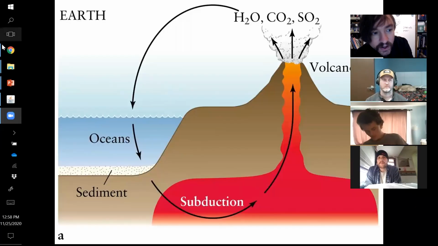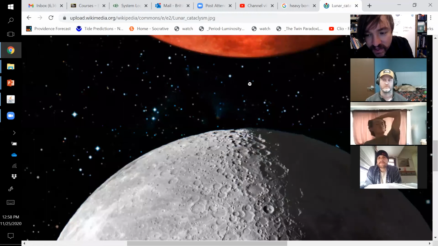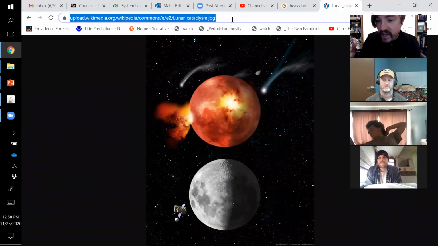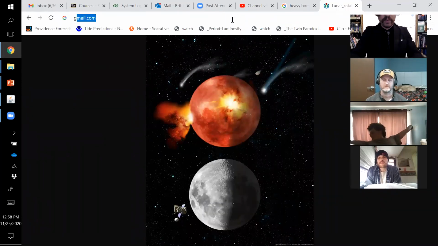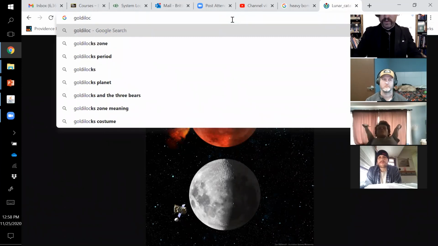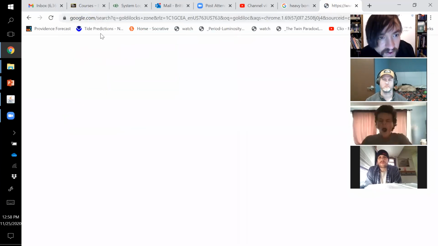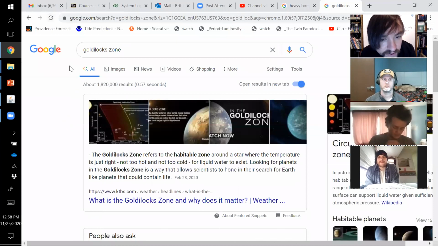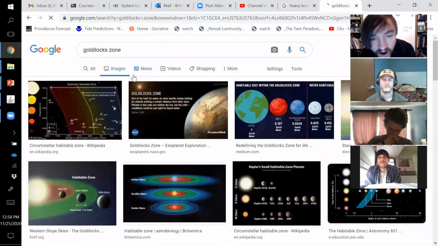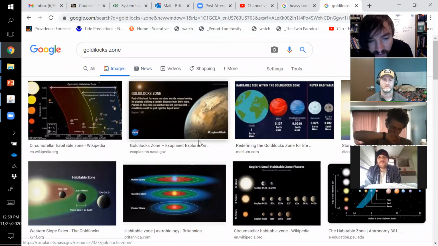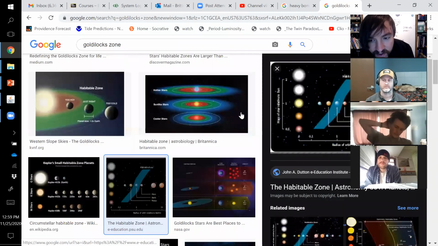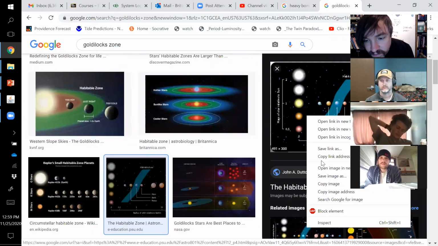Have you ever heard that term before? The Goldilocks zone is the hypothetical distance at which a planet can sustain liquid water from its star. It's different for the sun than it is for other stars, but we believe that our Goldilocks zone stretches somewhere from the distance of Earth to kind of like the distance to Mars.